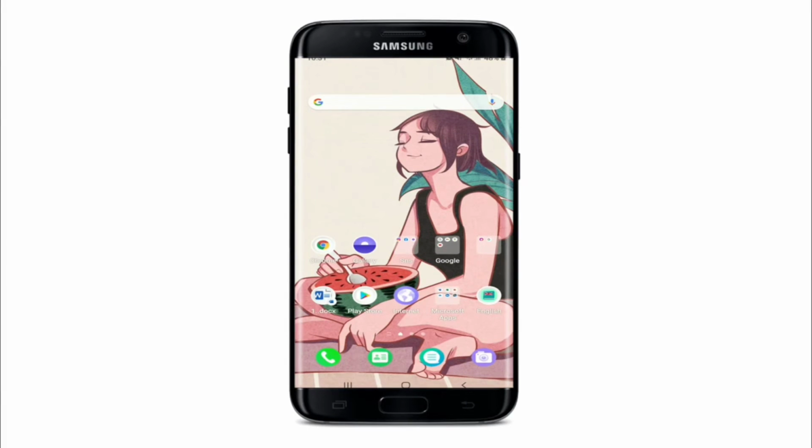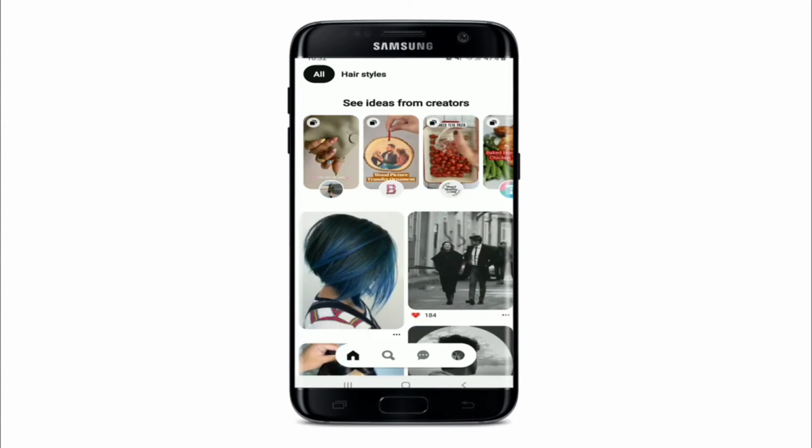How to view Pinterest history in today's episode. You can check your search history on Pinterest simply by going to your account setting within the app. Tap open your Pinterest application from your app drawer, and if you're not signed into your account, make sure you are first. Soon after you reach the home screen of Pinterest, tap on your profile picture at the bottom right,